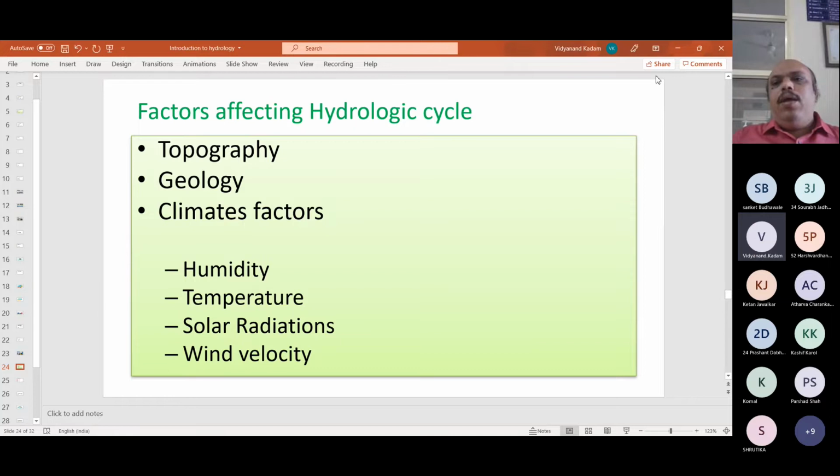First is evaporation. Second is precipitation. And third is runoff. Good. So now we have studied some points. Based on that, now tell me how topography affects these three phases. Whether topography affects the evaporation process,